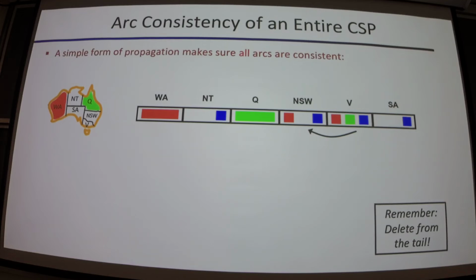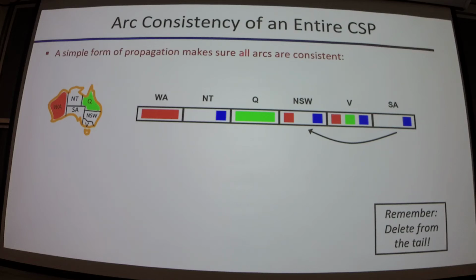Who says yes? Who says no? It is. For any value at the tail, red, what would we want from NSW if we pick red? Blue works, right? If we pick green, either works. If we pick blue, then we can pick red, right? Consistent. Okay. What about from SA to NSW?